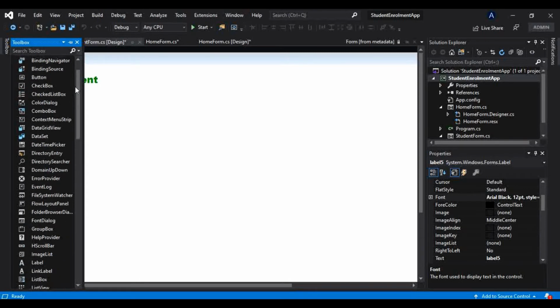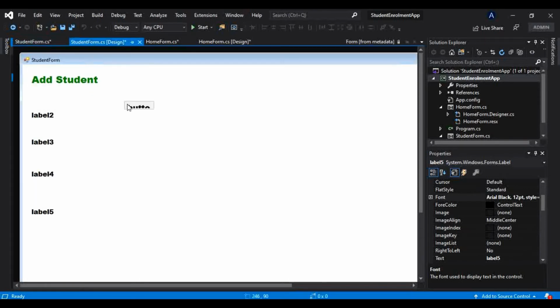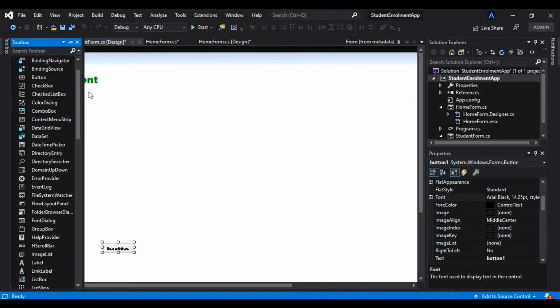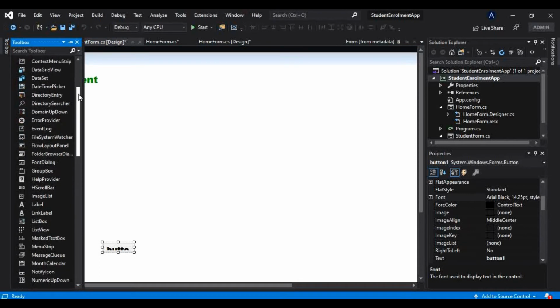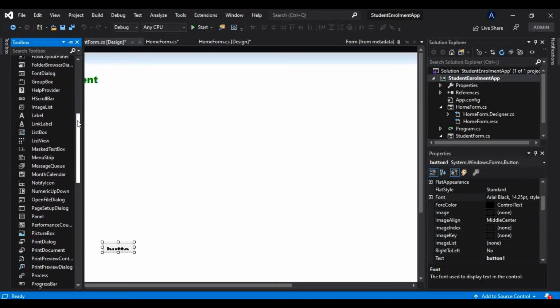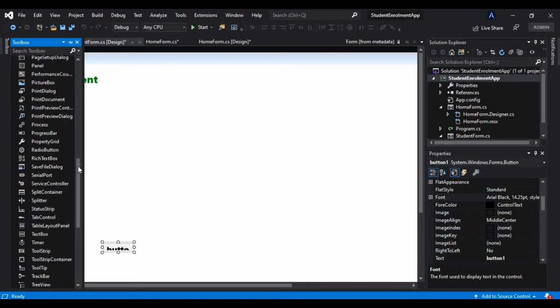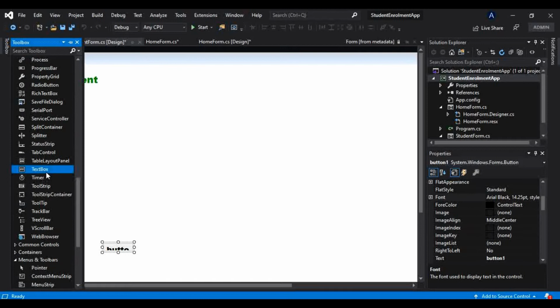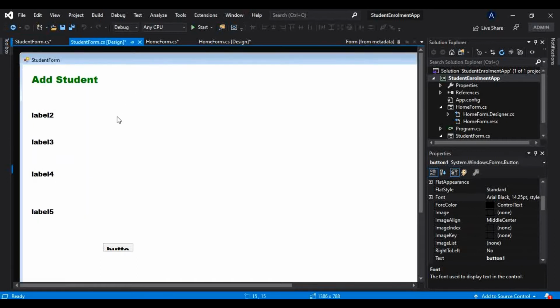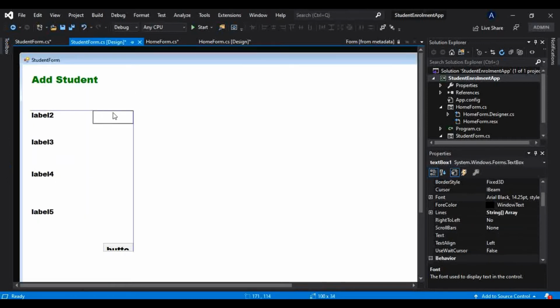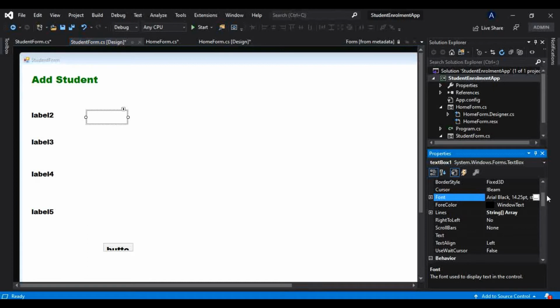Let me just drag and drop some buttons as well. One button here, only one button we required. I want to add some text box here. Okay, so for that let's just go and find some text box. Okay, so here it is. Just drag and drop that as well, and I will copy that as well. And first of all let me just change the font of this as well.